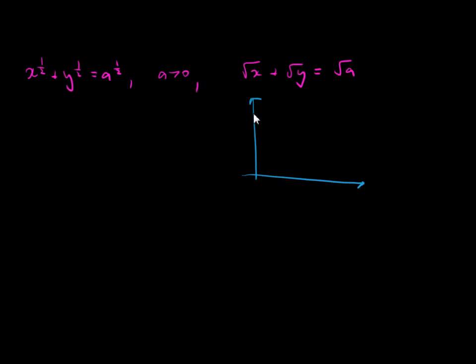Y has to equal a. So when x is 0, y is a. And likewise, when y is 0, x is a. So you can check that. Before I come back to this and differentiate it implicitly and see what the derivative looks like,